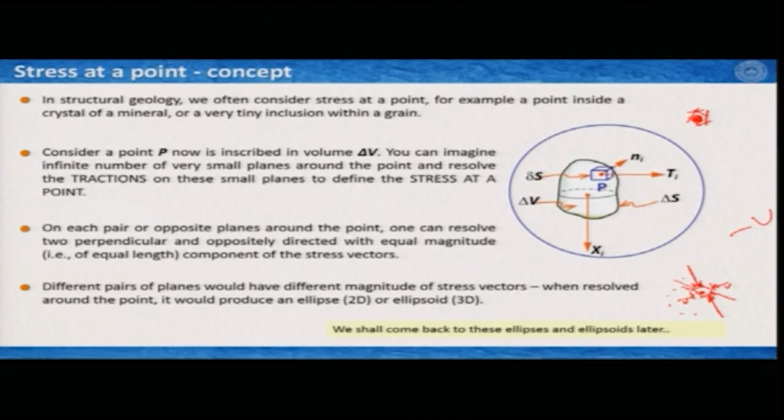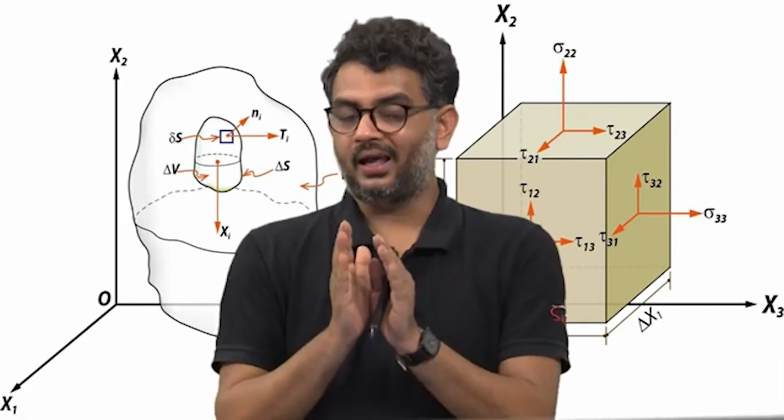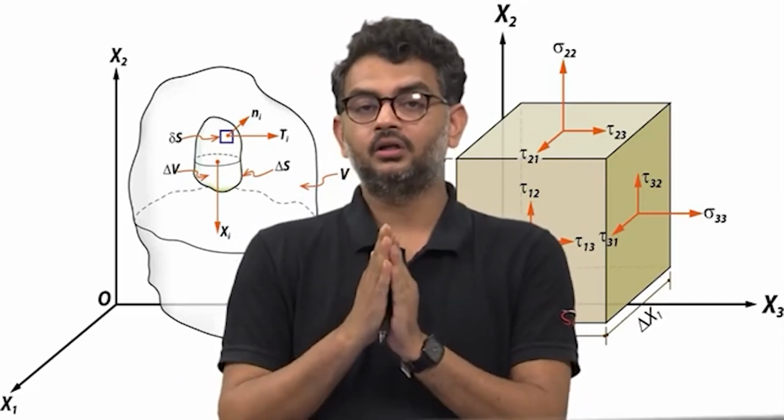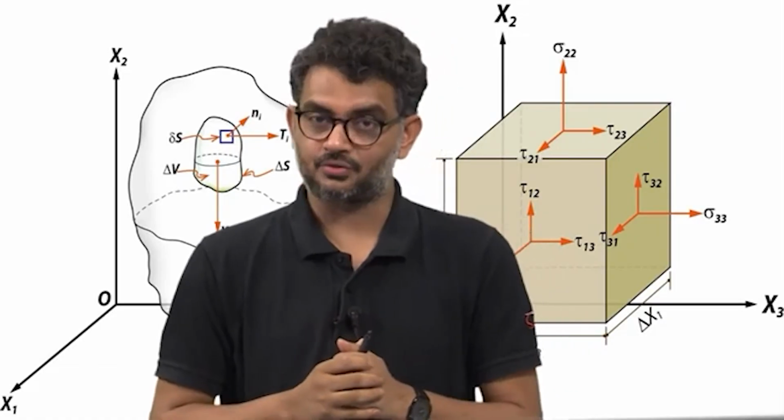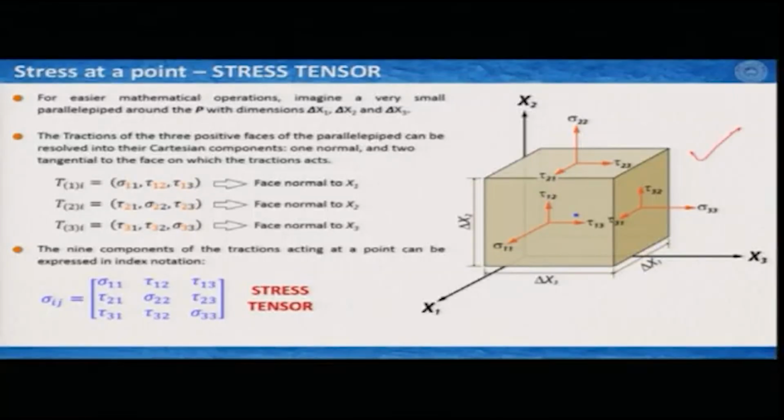But before that, let us again come back to this particular topic, stress at a point. Now, what we can do is draw a very small unit cube around this point P, considering 6 of these many surfaces that are possible to draw around this little point. Now, these 6 surfaces, one pair of each, are aligned perpendicular to one of the principal axes of stress. So, how would it look? It would look something like this, what we are seeing here.